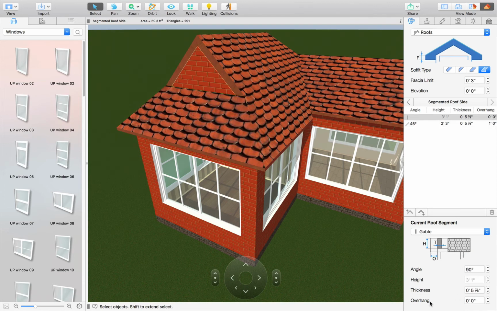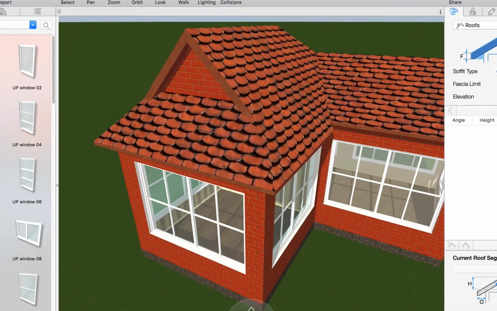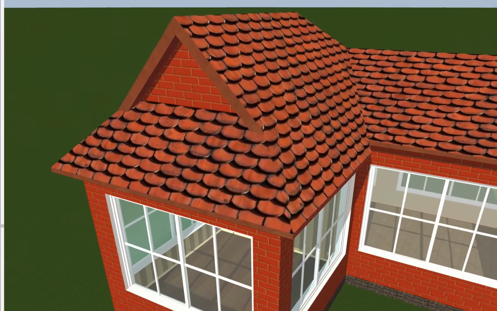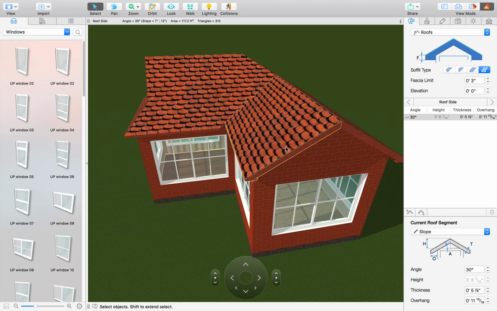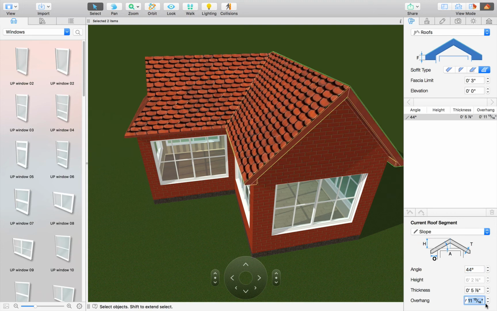But selecting a gable allows you to extend the width of the 2 connecting roof segments above. If you look closely, you can actually see the shadows appearing due to changes. You can also edit multiple roof segments simultaneously, but they have to be on 2 different sides of the roof and parallel. That is, the 2 lowest segments or the 2 highest, the 2 in the center. To select more than one side, click on them with the mouse while holding down the Shift button. We'll change the angle to 44 degrees and the overhang to 7 inches.